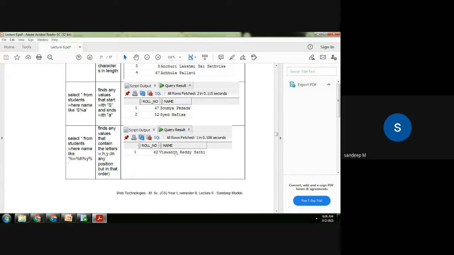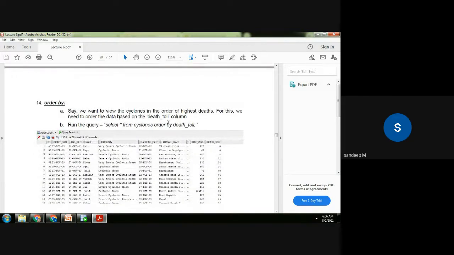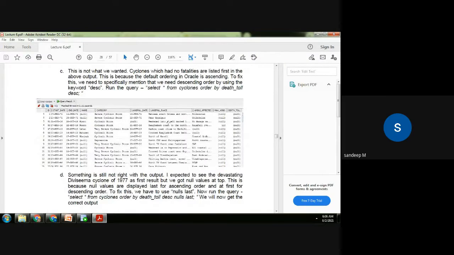So there's a W, there's an H and a Y, and the order is also maintained. W is here, H is here, and Y is here. So we see the ORDER BY clause we can use to sort it either in ascending or descending